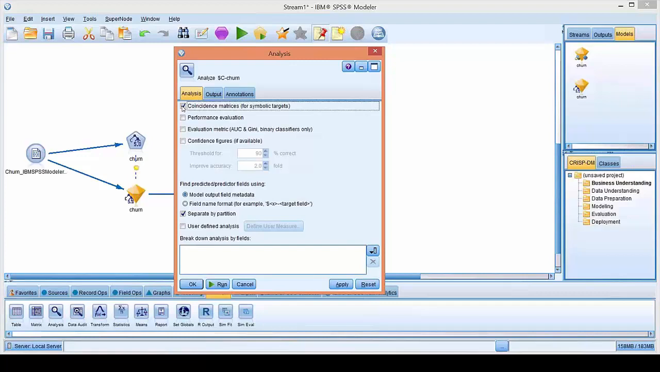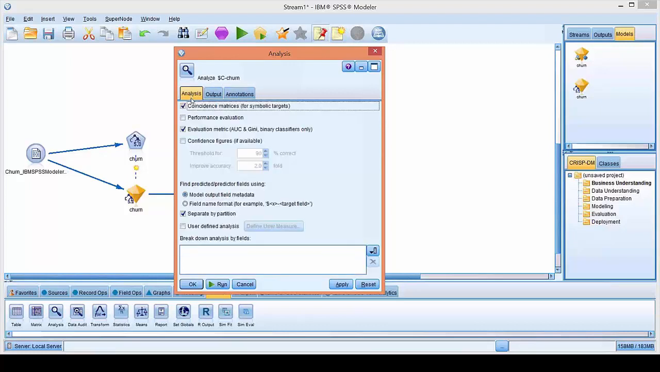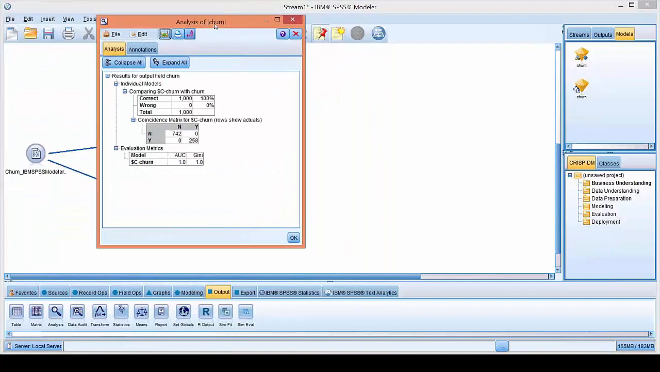That's where it actually creates the coincidence matrices or confusion matrices for you. Maybe the third one is also a good indication, where it actually calculates the area under the curve and Gini index for binary classifiers. Another accuracy measure. You don't have to do anything here. It's automatically selected for you, and say run. Here is your confusion matrix,